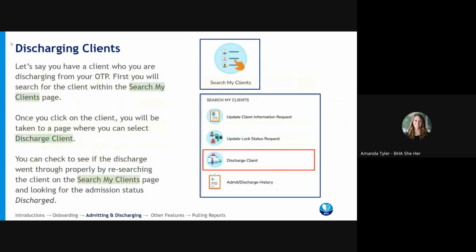What that looks like is you're going to be logged into Central Registry. You'll navigate to the Search My Clients button. You'll enter in their information and search for them. And then once you click on the client, you'll be taken to a page where you can navigate to the discharge client option. From there, there'll be a couple of additional questions that you'll need to answer before you can